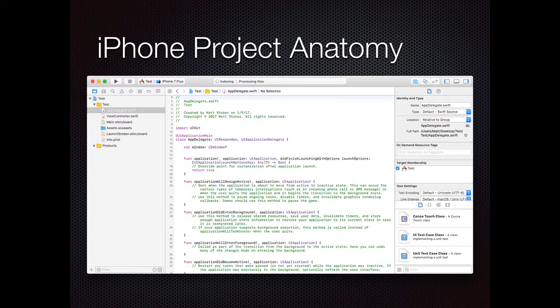If you've used Visual Studio or Android Studio, IntelliJ, any of those, you'll feel pretty much at home with everything except for maybe the code. Who here has actually written some Swift code before? A few of you. Who here has actually done mobile development before? Probably the same people, but I'm not making the assumption that any of you have done any mobile development before,